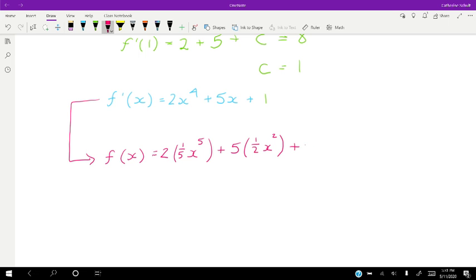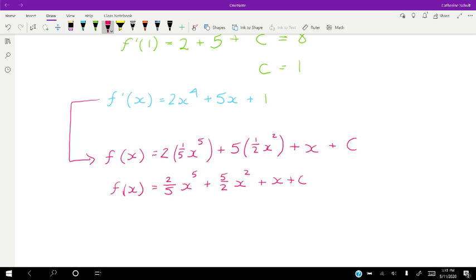It's 1x. And then now we have our plus c. All right, so f of x then, we're almost there, right? It's going to be 2/5 x to the 5th plus 5/2 x squared plus x plus c. And remember, we can always check by taking the derivative of f of x and making sure we get back